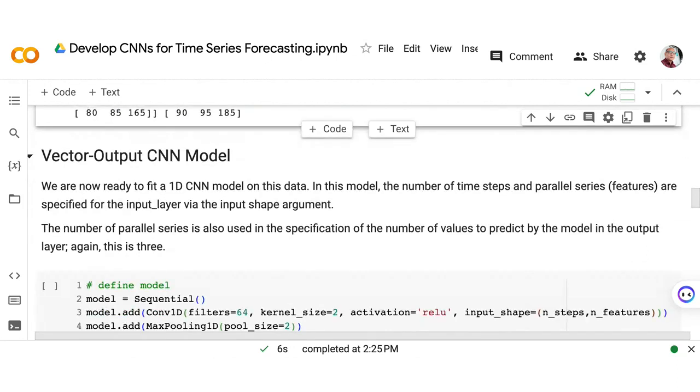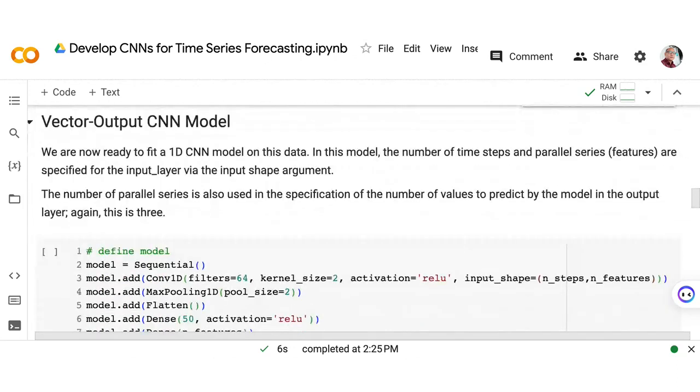Now we have what we call the vector output CNN model. What does the vector output CNN model mean?